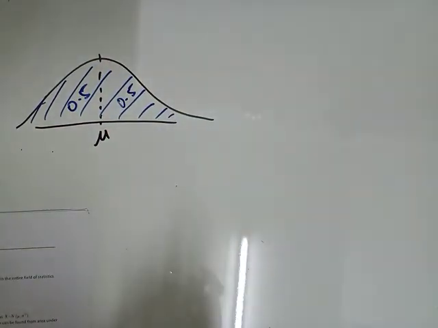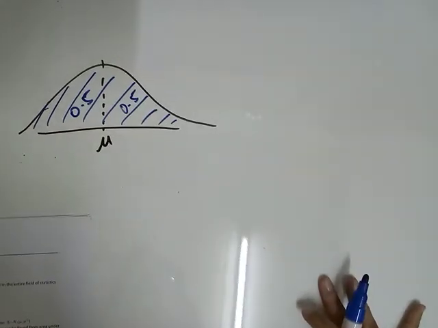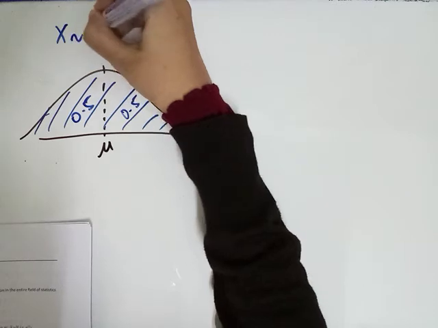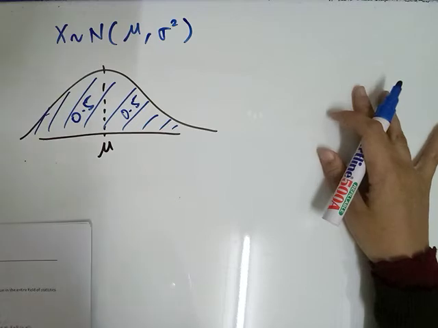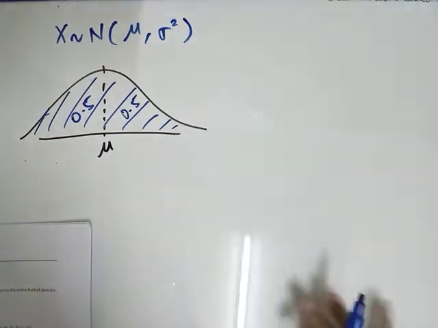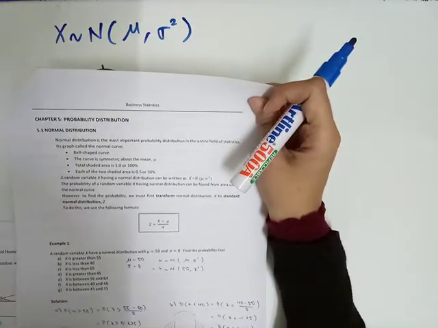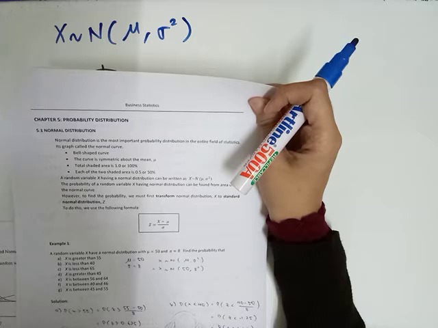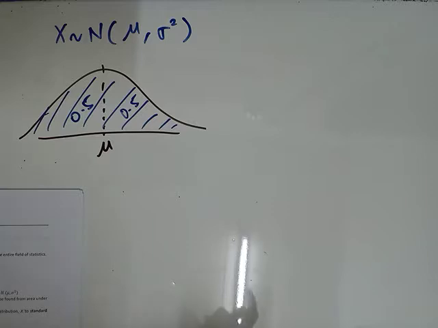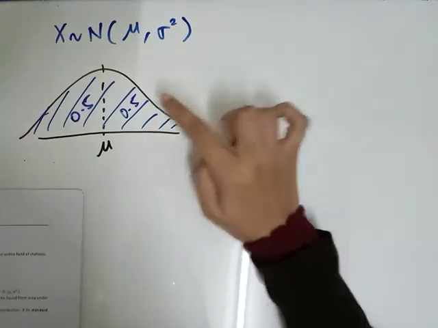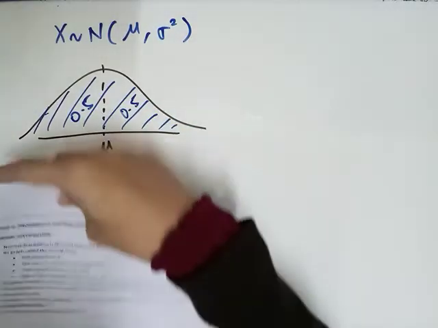A random variable x having a normal distribution can be written as x having normal with mean and variance. Look at the notes. The probability of a random variable x having normal distribution can be found from the area under the normal curve. However, to find the probability,